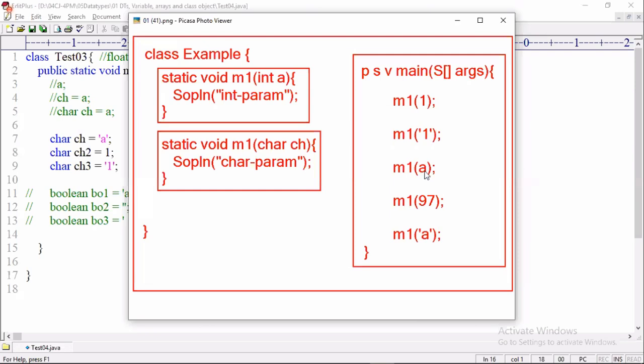It is not single quote A. Come on, get up. Bring some water, a mug of water or a bucket of water. Throw it on your face so that you will come out from the sleeping mode. It is A. Tirupati is telling it's a byte, sir.